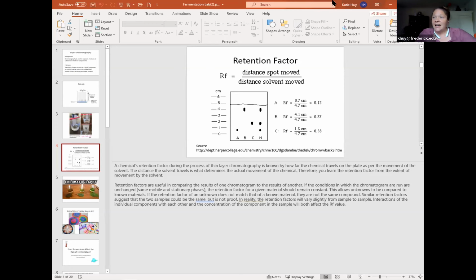At the top of our colors, we have what's called the solvent line. When we hold up a ruler next to our glass, it comes out to 4.7 centimeters. So the distance that the solvent moved all the way from the bottom up to the top, we put that on our